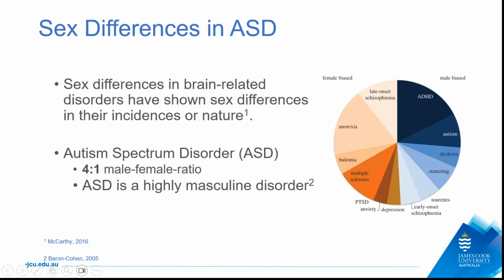And now we talk about sex differences in autism spectrum disorder, ASD. It's general knowledge, again, for everybody. It's an extremely highly masculine disorder, okay, a 4:1 male-female ratio. And what more do I want to say? Take note, that's pretty much the only thing I want to emphasize. It's a highly masculine disorder. For the young children I took care of when I was a social worker, they're almost all guys. I haven't really nursed a young female.